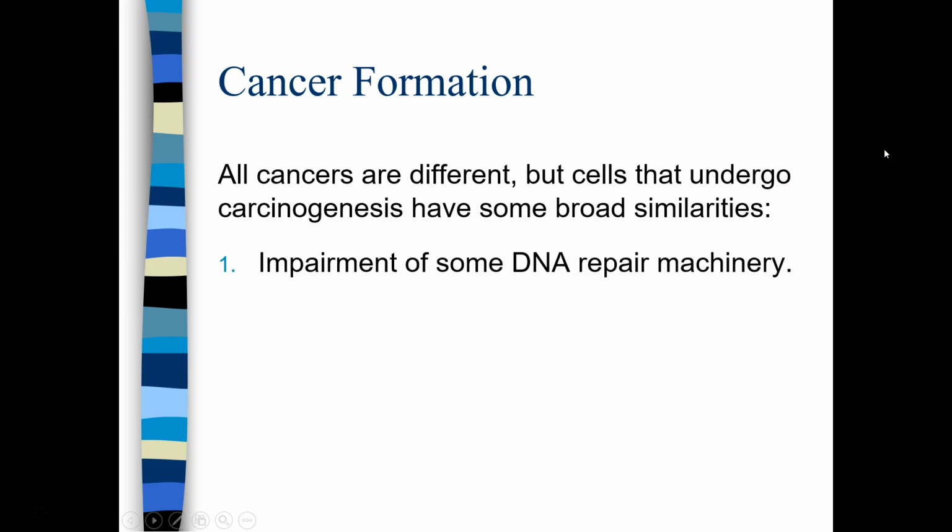First is that, and these are not in any order, these steps, we could say these are three steps that cells have to pass through in order for the cell to become cancerous. But these don't have to happen in any order, and they don't even have to be one change. It can be a little bit of a change here, and a little bit of impairment of DNA machinery, and a little bit of impairment of something else, right? A little bit of impairment of turning off apoptotic pathways. Maybe it just doesn't work quite so well, and then there's enough time for some other stuff to change anyway.